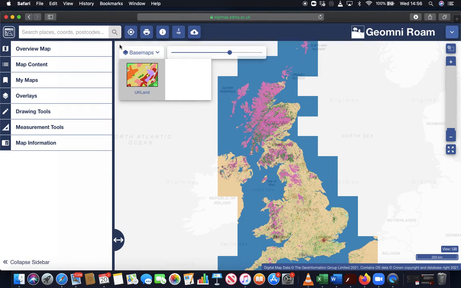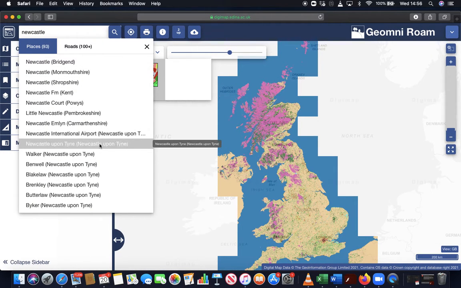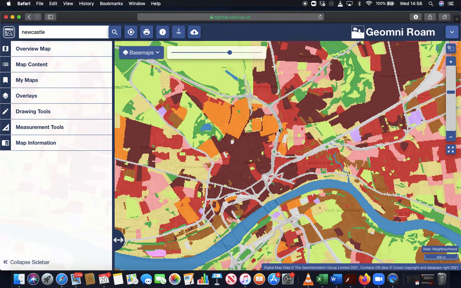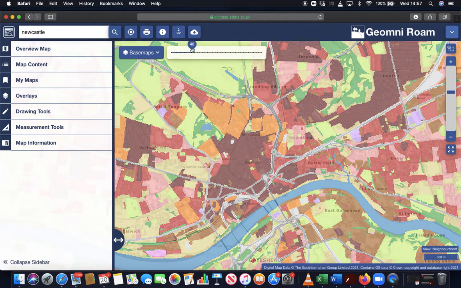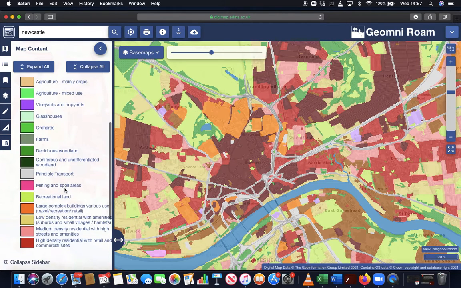To show it in more detail, I'll just go to Newcastle very quickly and search for that. And so here we are with the map of Newcastle. You can see the map is represented by different colours. You can use the fader here to fade in and out the colours. The most important thing really here is the map content, and you can see the legend here on the left-hand side,